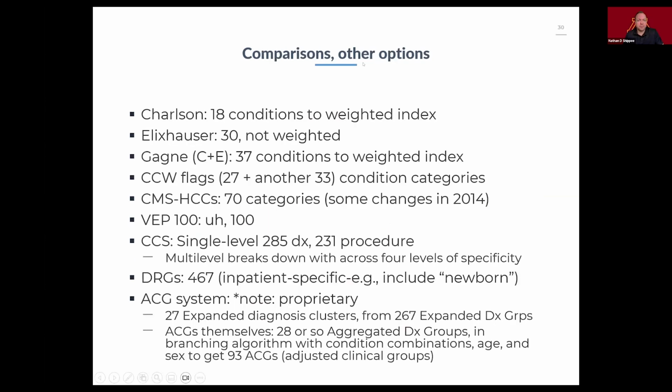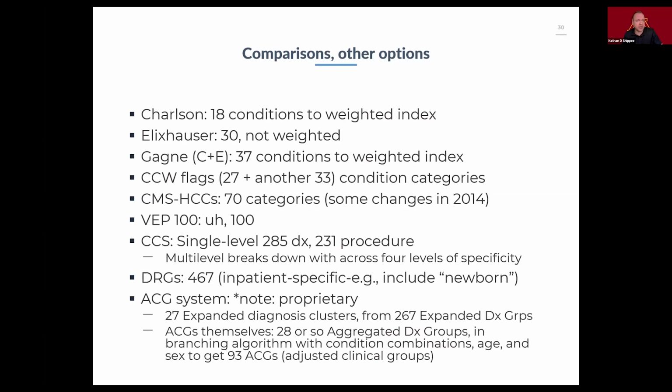And to draw some big comparisons, just to understand what each of these look like from the standpoint of maybe a descriptive or measurement properties aspect. Keeping in mind that the Charlson, going back there, is a set of conditions, but they're translated into a weighted index. Elixhauser, as we mentioned, is a set of conditions. They're not weighted, it's just a condition. And so you could create a score, but that score is just a count, which means it's technically an unweighted index. And if you want to think about it, not weighting is a kind of weighting. It just means that everything is weighted the same, right?